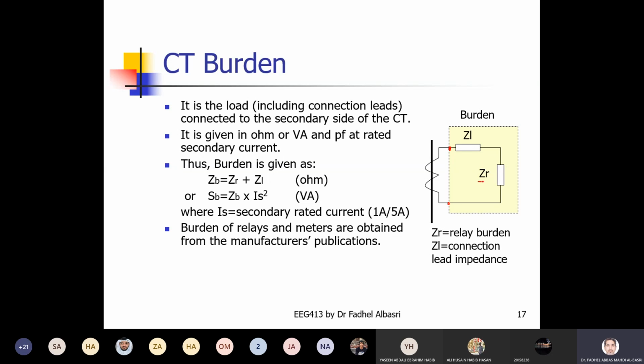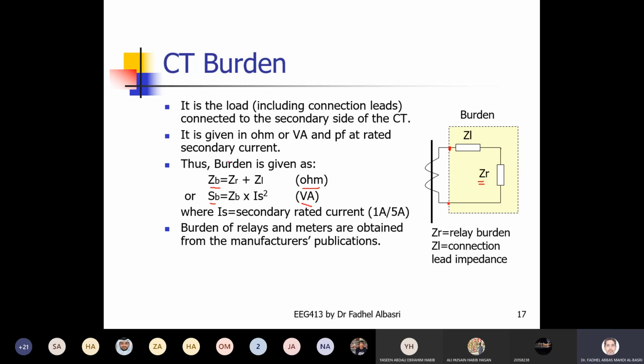So ZR here represents the resistance or impedance of the relay or the meter, and ZL, or RL, represents the resistance or impedance of the conductor that we have used to connect the secondary to the relay or to the meter. So this burden represents the sum of the two, and we abbreviate it with ZB, and the burden is measured in ohm or given in ohm as a unit, or given in